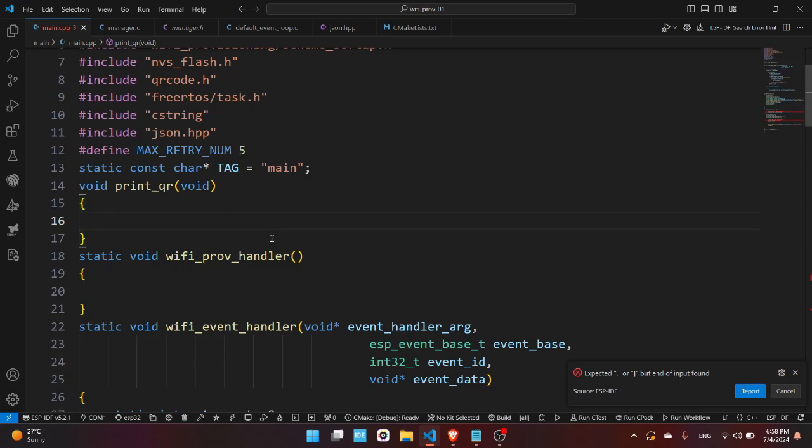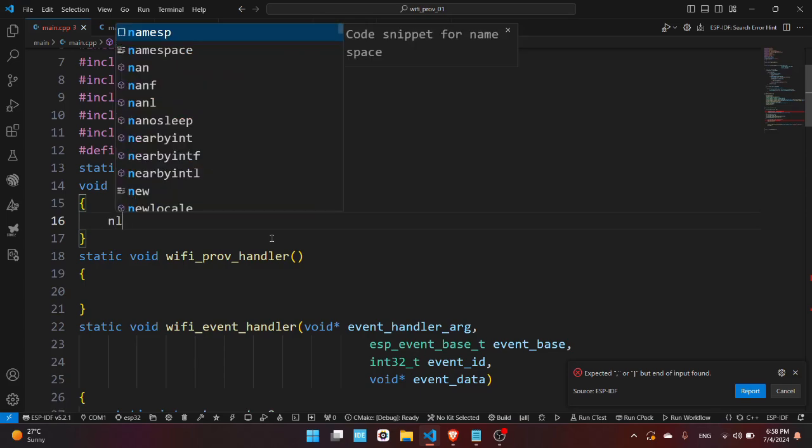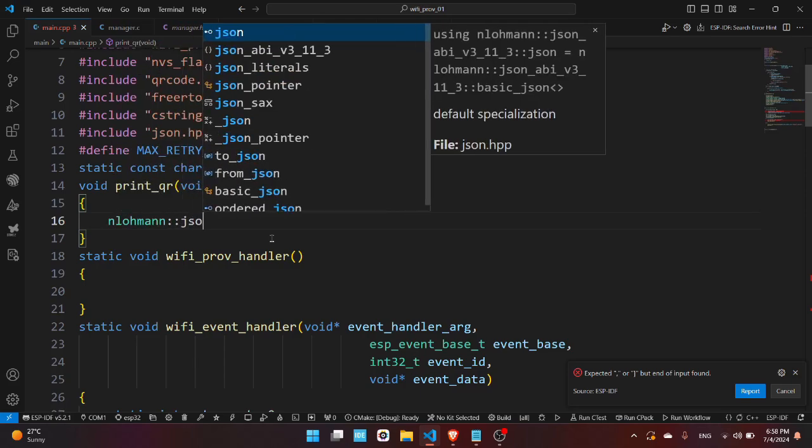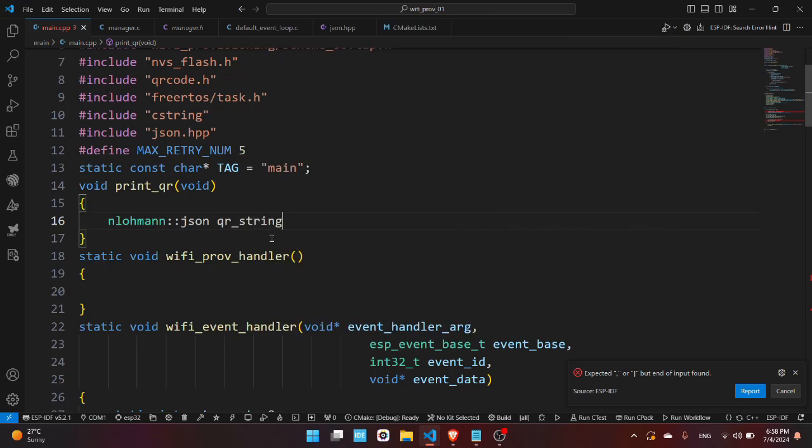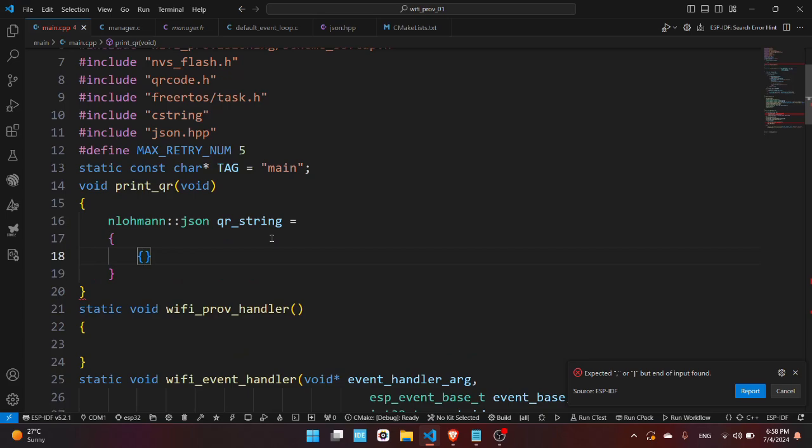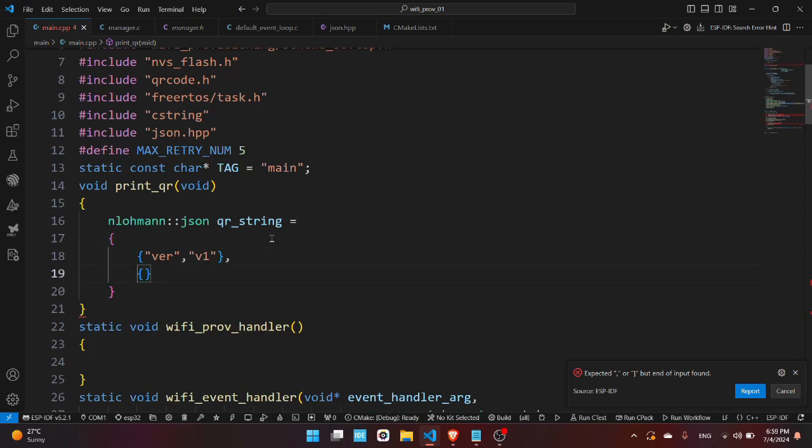Here the JSON library steps in. We will format the data into JSON format and convert it to the QR code. So write it like this: a JSON QR string equal, and we have to input the version of the provisioning service, which will be version 1, then the SSID, meaning the name of the ESP32, PROV_ESP, then the proof